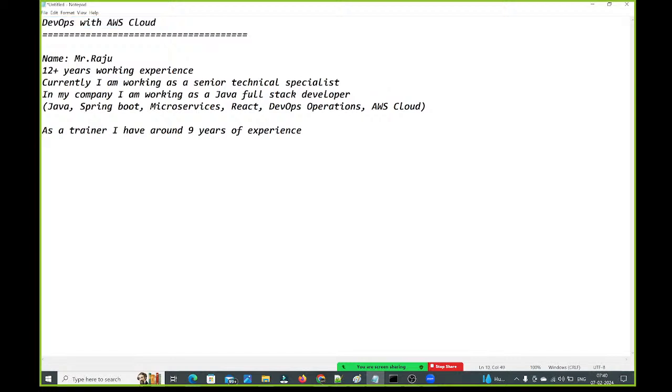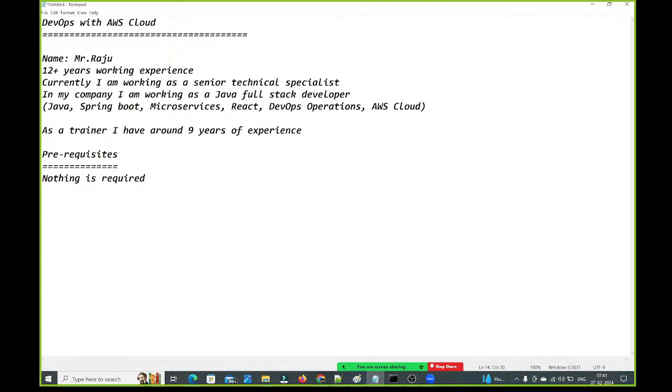Nothing is required, guys. If you know English, if you are pursuing graduation, if you have completed graduation, if you are working in any other technology, whoever wants to migrate from other technology to DevOps, everyone can attend this course.